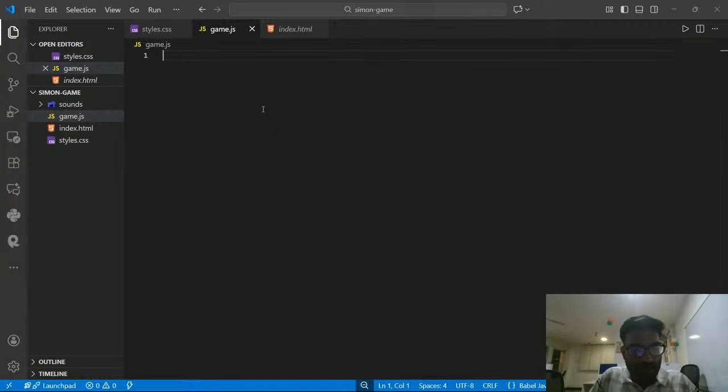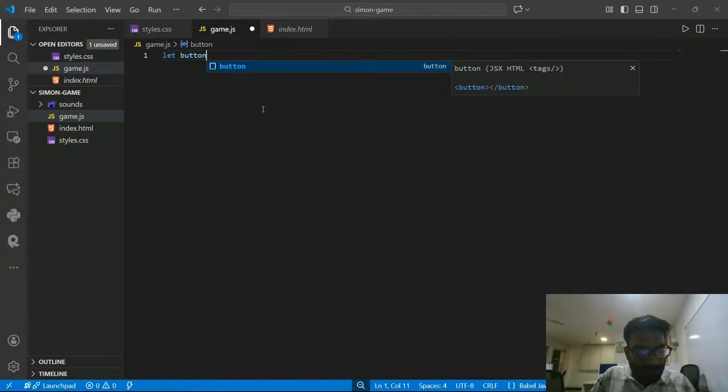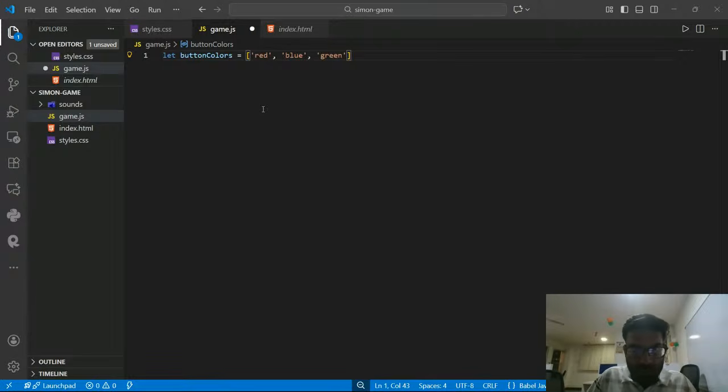Yes. So first of all, I need an array. I need one array in which I will store all the colors, the button colors. So I'm making one array, and inside this array, I will give all my buttons. So red, then we have blue, then we have green. You can also code with me, so you can also make your project work. I'll code at a very slow pace, so don't worry, I'll not code faster. So I've successfully made one array of button colors, in which we have four colors: red, blue, green,